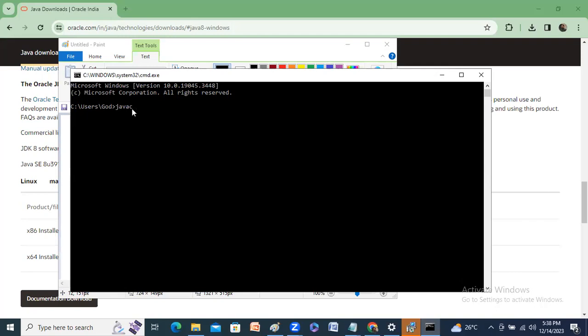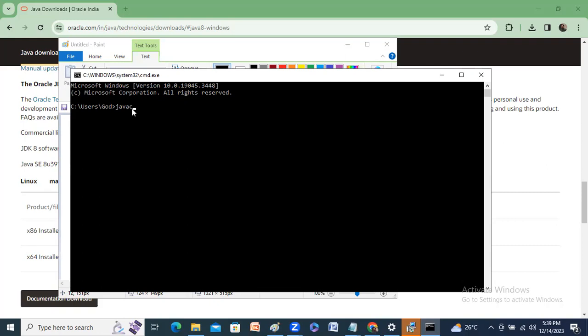For giving instructions to the system, you have to use a compiler, because our language cannot be understood by the computer. So in between human and computer, you have to use one translator. The translator's name is compiler, or some persons call it the compiler engine or compiler machine.